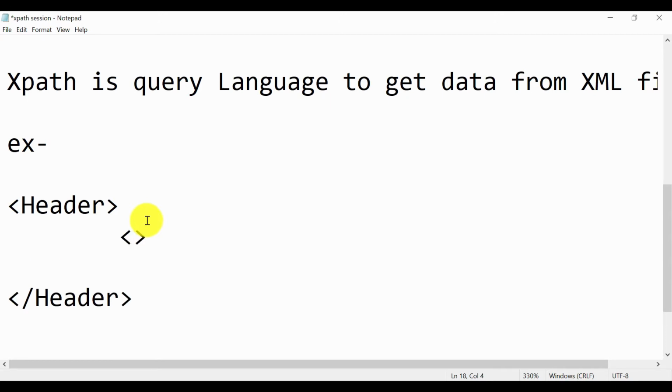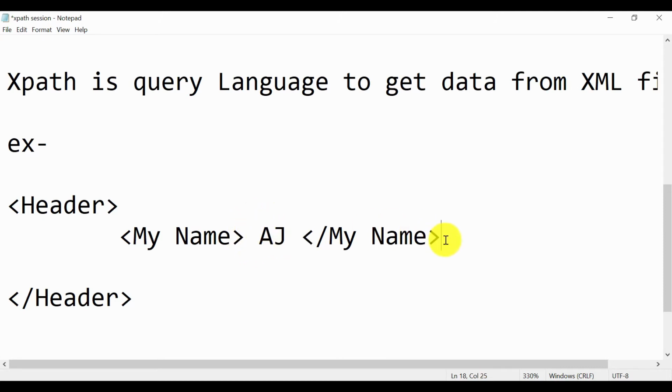For example, you can write as simple as my name, my name is AJ, and close it with the same tag, my name. That means this node has some string data; this is where it starts and here it ends.